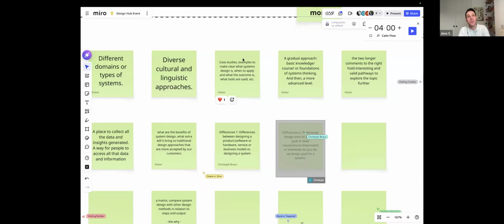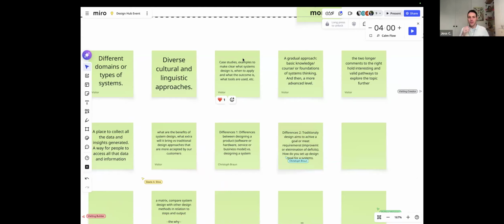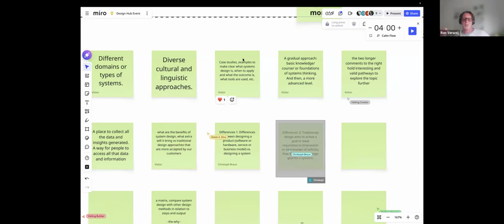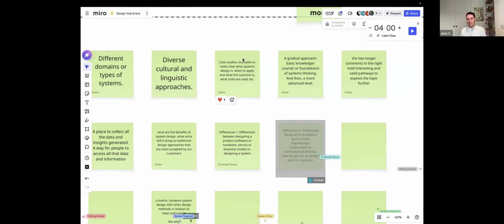Yeah, in the paper we do, there's great points. I like the matrix, and the case study is a great way to approach it. We do have quite a few case studies in the paper, but your other point is a good one about the landscape, isn't it? So you can understand where you are better, I think. Yeah, but also how does systems design relate to other design methodologies, right? And why should we use this approach versus other approaches? And of course, we know the answer, but I think it's helpful.